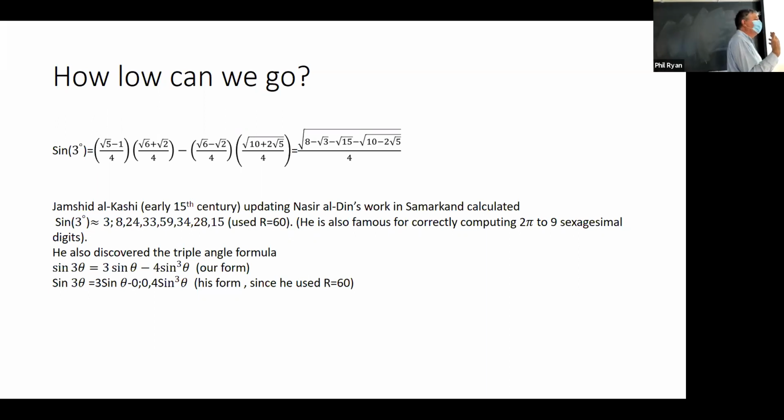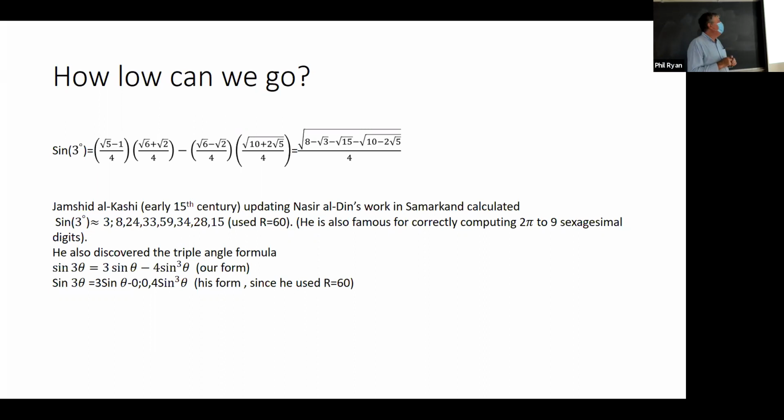He also worked for his son, Ulugh Beg. So this is a Khanate of some kind. And he figured out sine 3 degrees to 1, 2, 3, 4, 5, 6, 7, 8 sexagesimal places